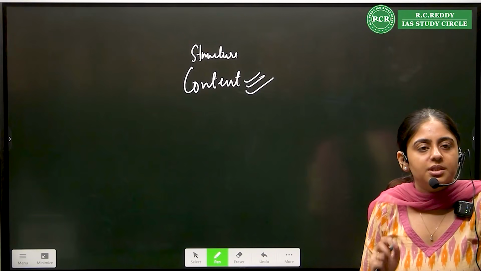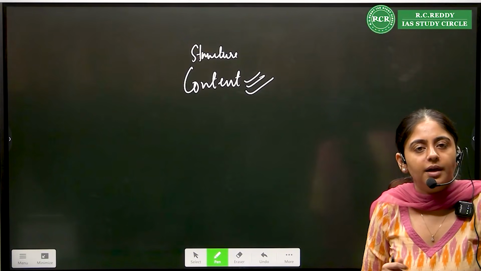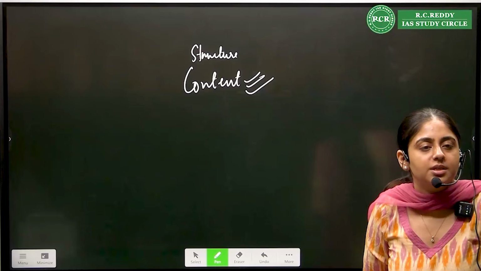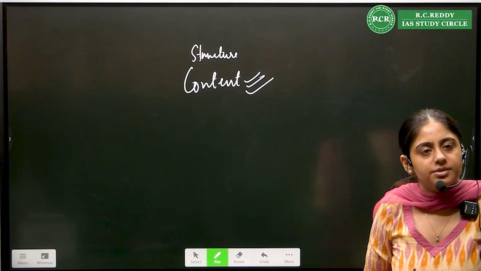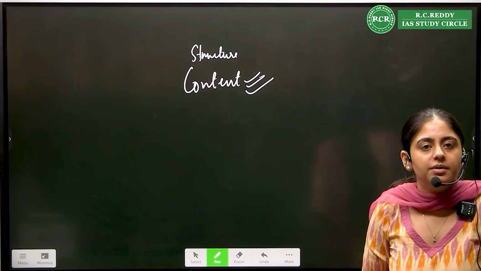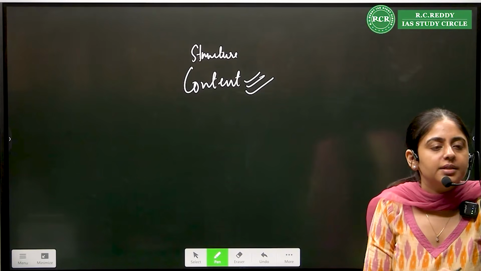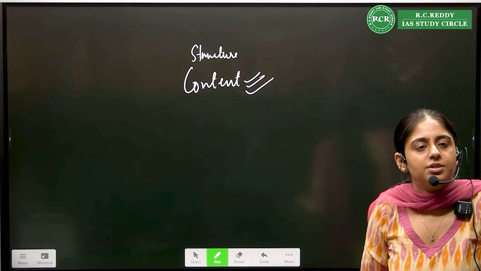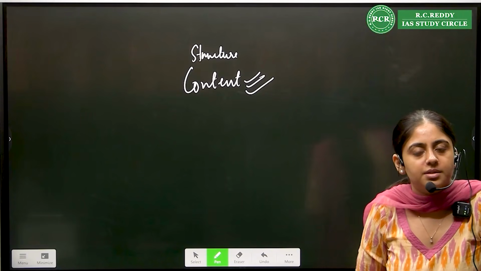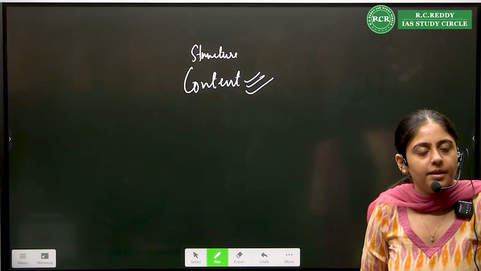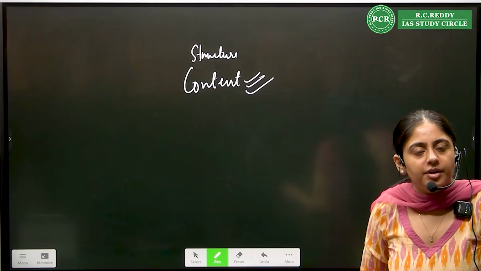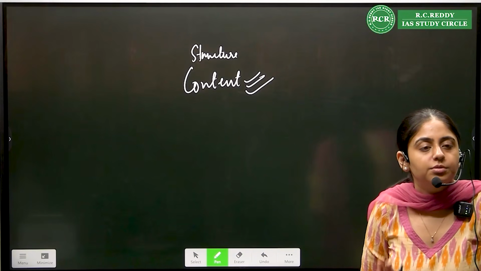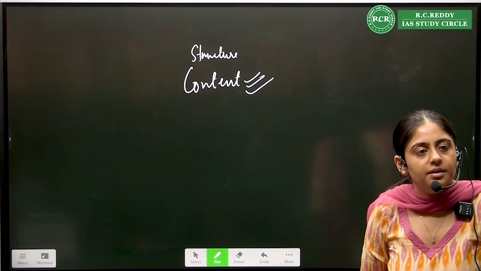But I followed the structure, everything was fine, I didn't get marks. So it means probably structure is not the problem. Time management was the problem. Structure worked, but just for one essay because you wrote only one essay nicely. Rest, you probably got 15 or 10 marks out of 50. We have to aim for 35 to 40 marks at least to get a good score in every essay.